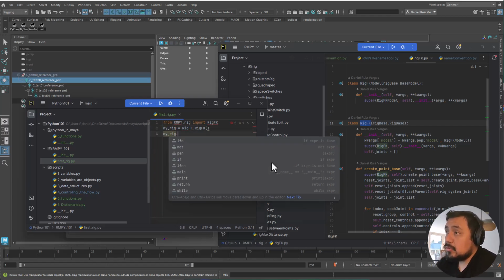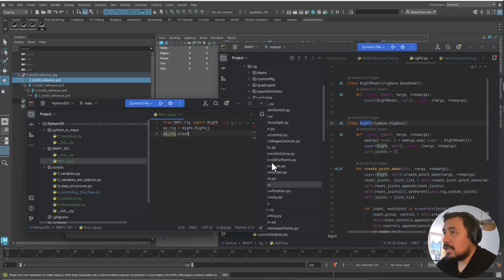And then I need to build it. And for that, all rigs are created basically with the same function, which is create point base. You have some creation options, but create point base is the most common one. Create point base. And once you have this, the create point base function here,